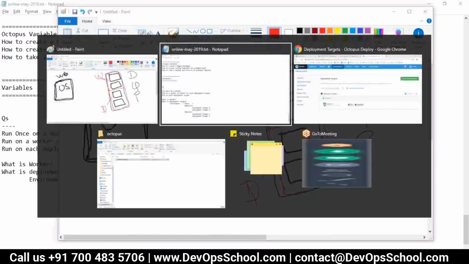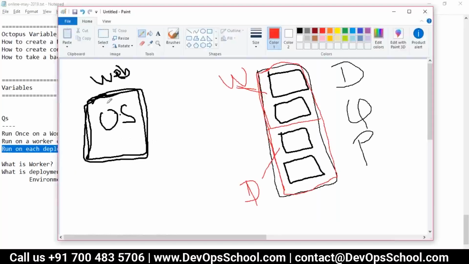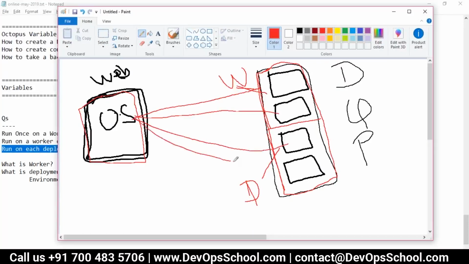Now it says run on each deployment target. So when I say run on each deployment target, that means this guy will directly communicate with each deployment target. Okay, each deployment target, and in each deployment target there is one guy which is called